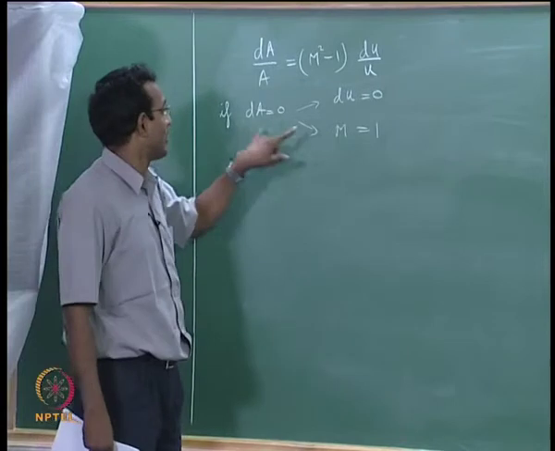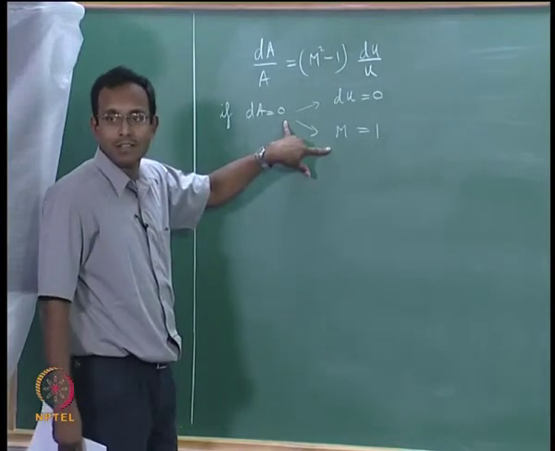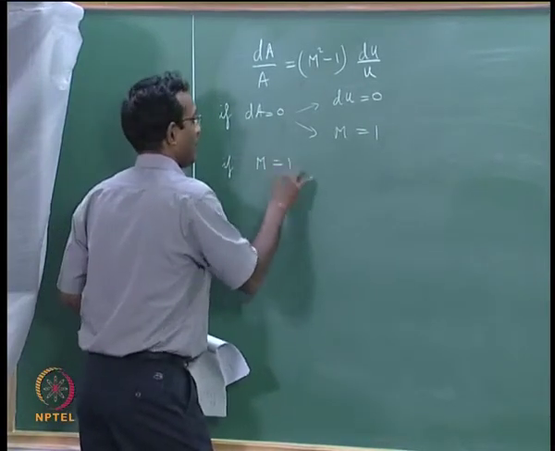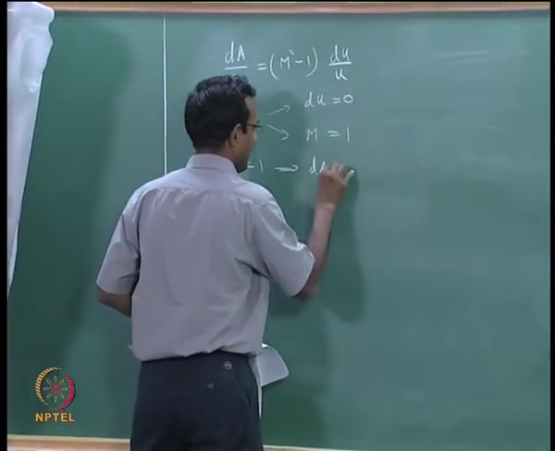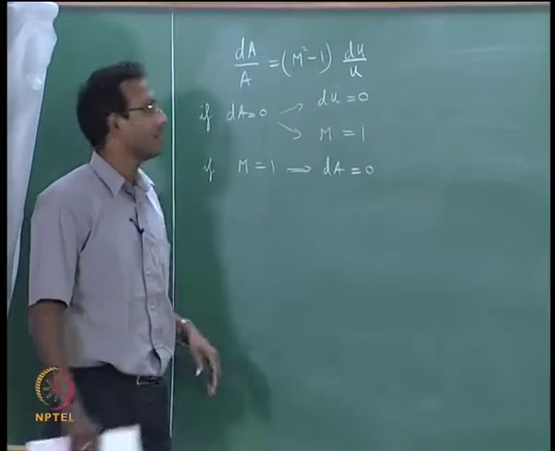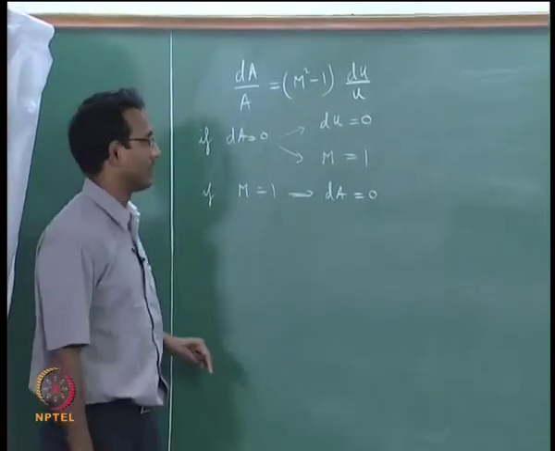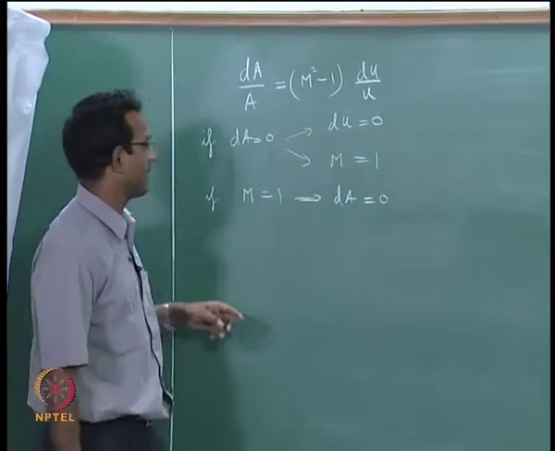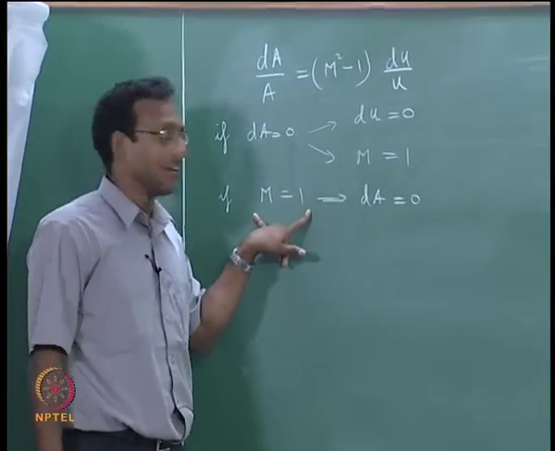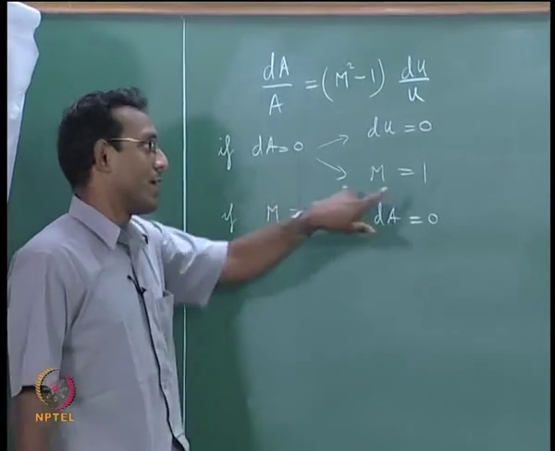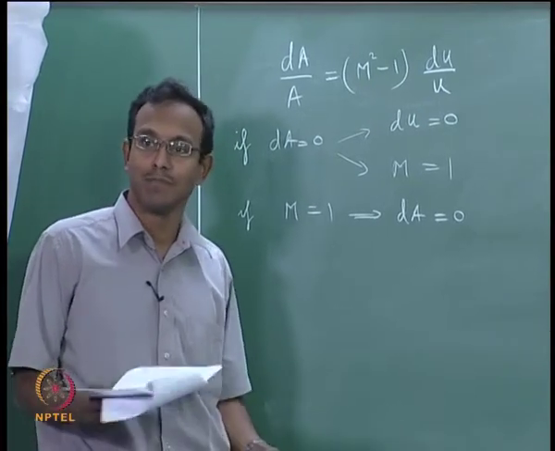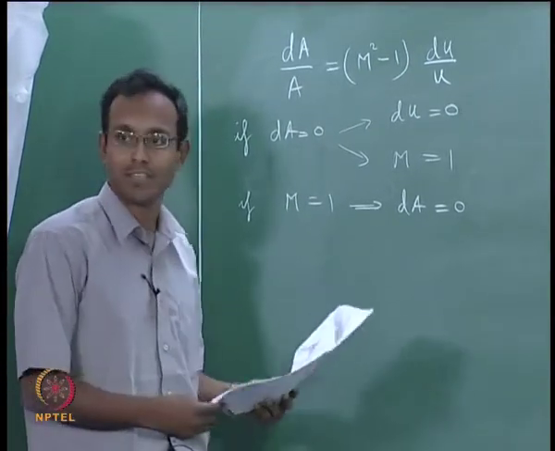Not really. So, I cannot use this meaning all the time, but I can tell one thing for sure, if M equal to 1, definitely dA is 0 irrespective of what happens to u, okay. That I can say for sure. Okay. This is just a one way thing. So, this is one thing I can say for sure, if Mach number is 1, definitely dA is 0. That does not mean if dA is 0, Mach number is 1. One of the common mistakes in simple books, if you go pick some simple books, not well written books, you will see this kind of mistakes happening there.